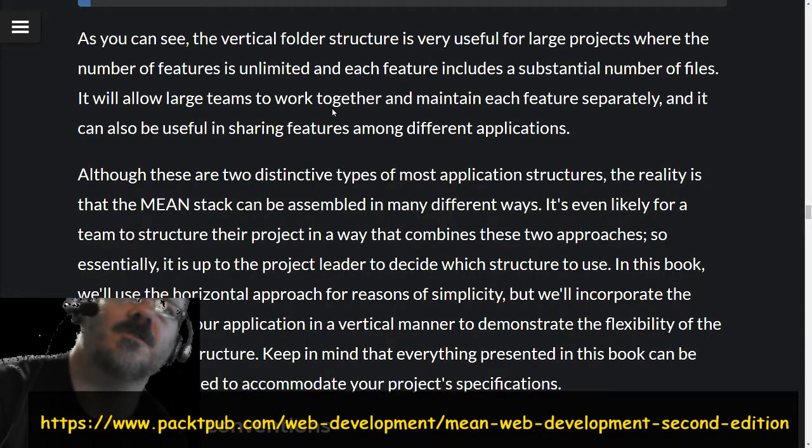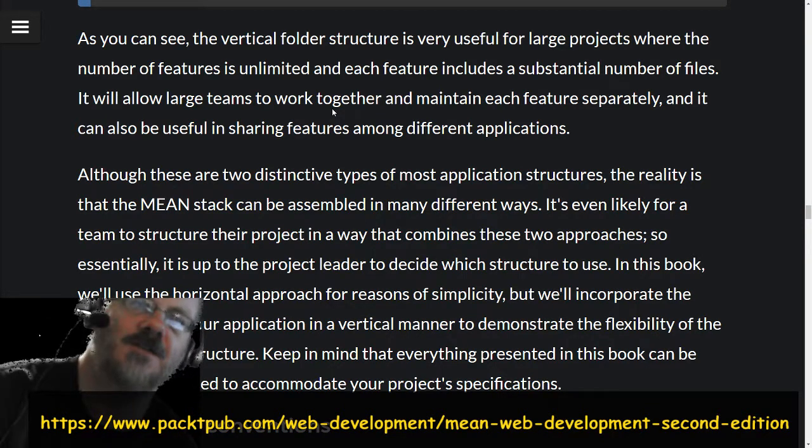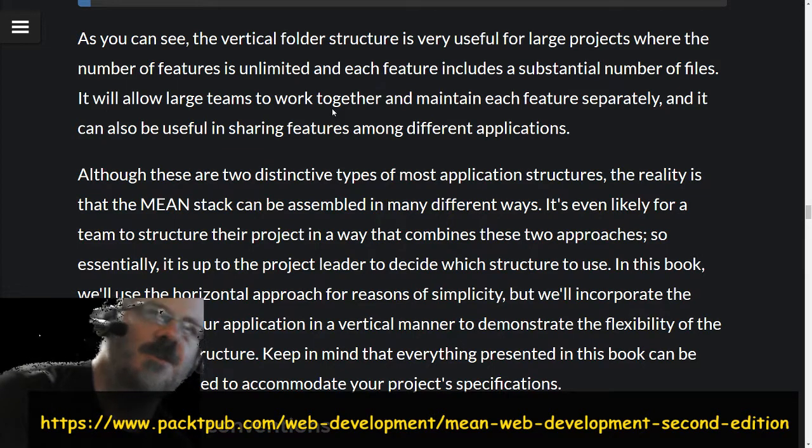As you can see, the vertical folder structure is very useful for large projects where the number of features is unlimited and each feature includes a substantial number of files. It will allow large teams to work together. So yeah, each one of those folders could be,